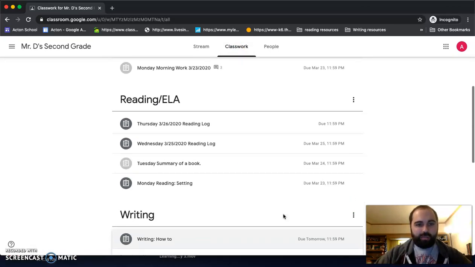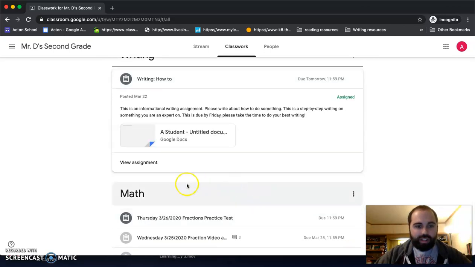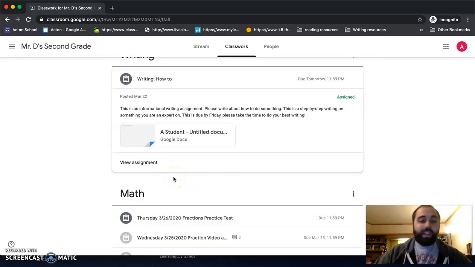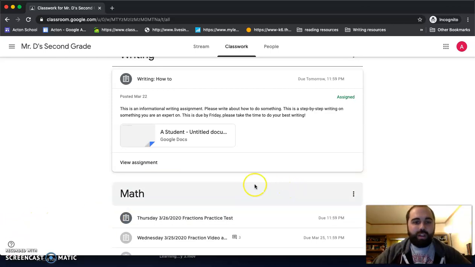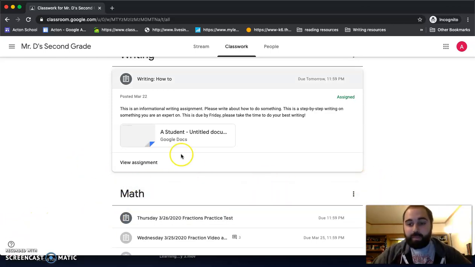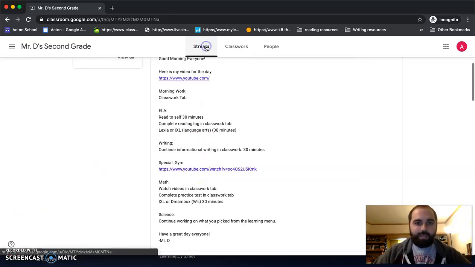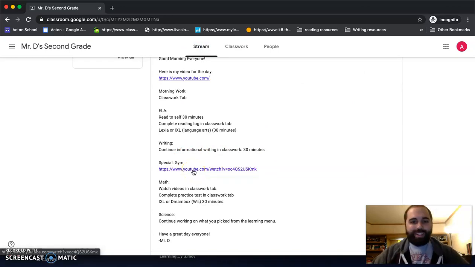And you'll notice, oh, it's actually not on here because it's still on mine. Right under writing, you'll start noticing a specials tab. So once the first assignment is posted to the specials tab, you'll see that you can go in here and work on it. So maybe there will be one here for Gym today, maybe not. We will find out. Otherwise, you can just work on that YouTube link, okay? And try to get outside.